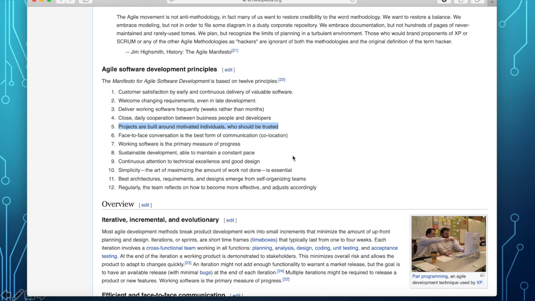Are you committed? Did you buy into the product? Okay, so you must first believe in the product and believe it is useful. Then you'll have the motivation to do your best. Okay, face-to-face conversation is the best form of communication.